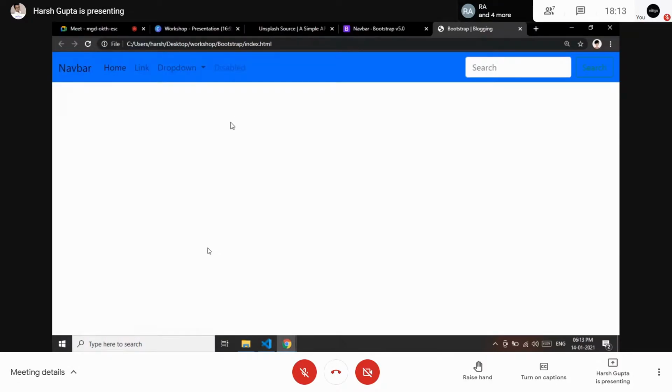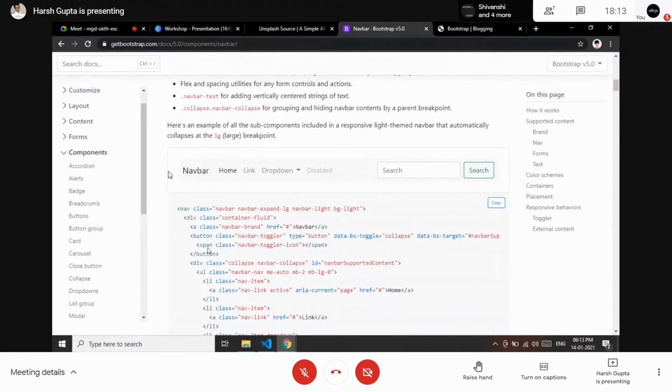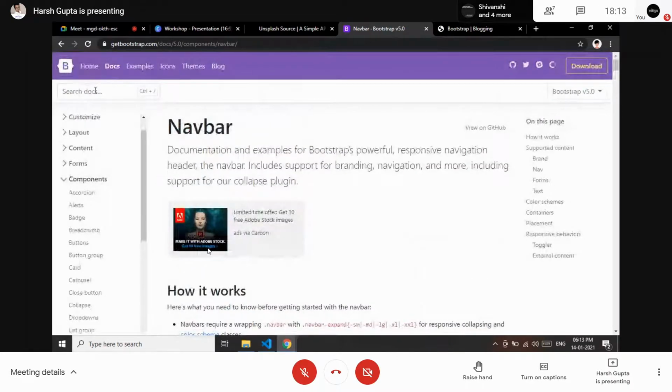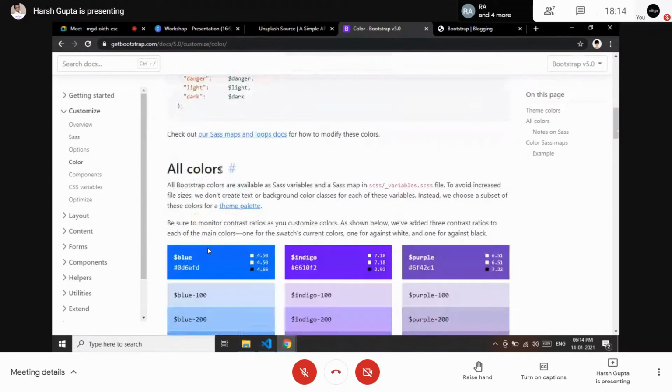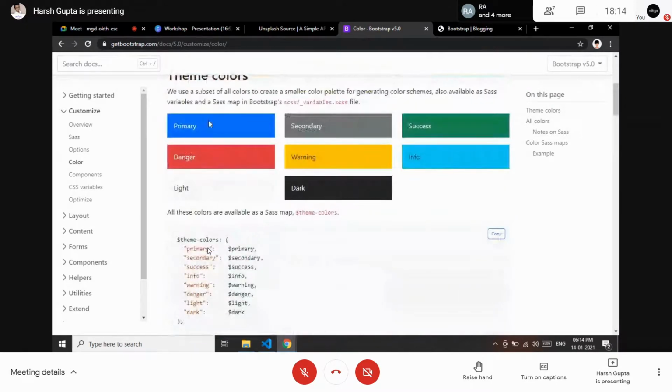Because of Bootstrap. Bootstrap has its own colors. We can say the color keys. So if I go here and just simply type color, we can see it has its own color codes, which we need to define if we are using it. So if we want to use a blue color, then we need to write primary. You can see here as well all the colors. If we want to give it a blue color, then we can simply write primary. For green, success. For gray, secondary. Danger, warning, info, light, and dark as well.